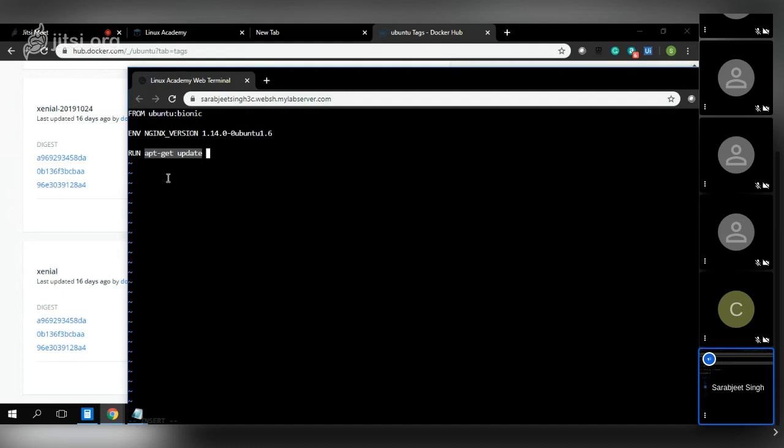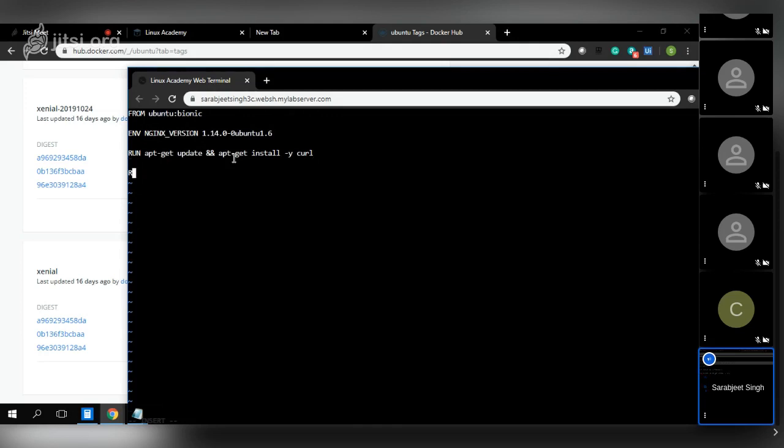So if I want to run that command, I have to use RUN apt-get update, and then using the and operator, I can put two commands together: install -y curl. Curl is a simple utility that you can use to browse the page on Ubuntu or on any Linux system. Okay, so I want to install curl on this Ubuntu base image,